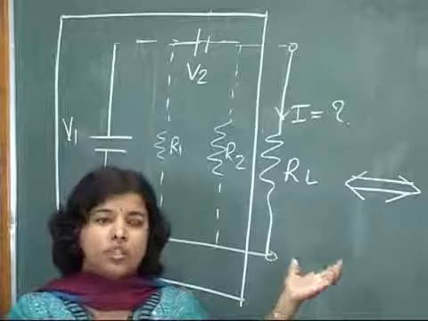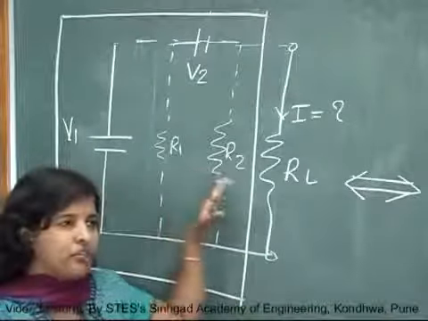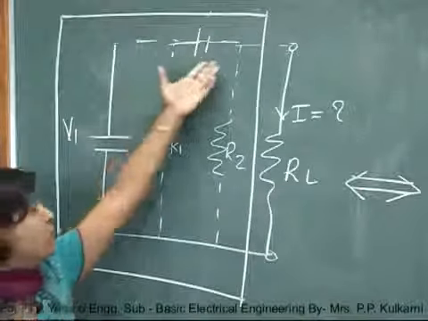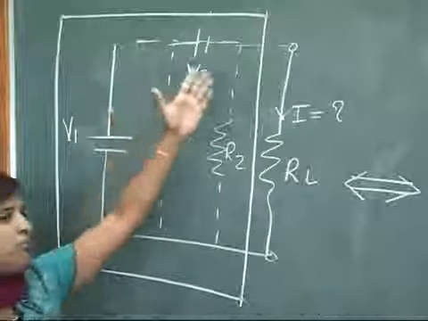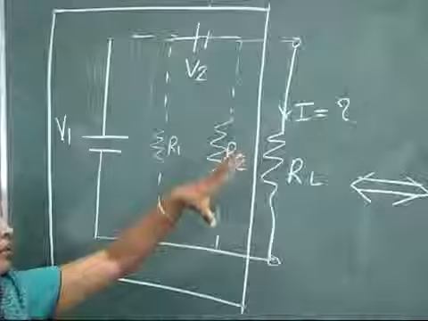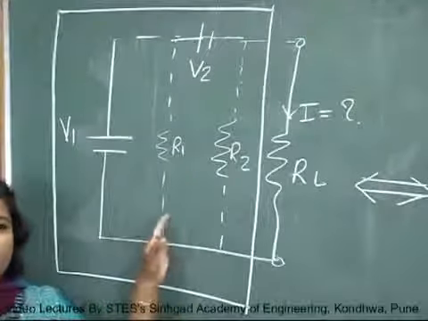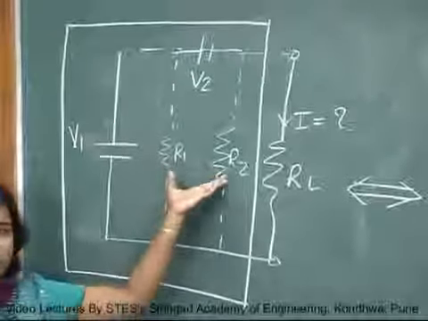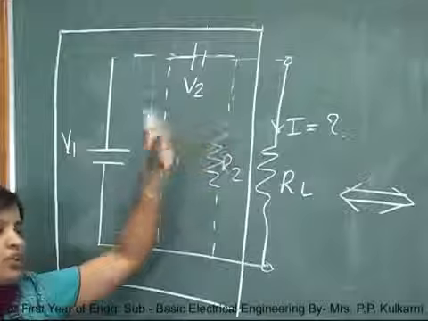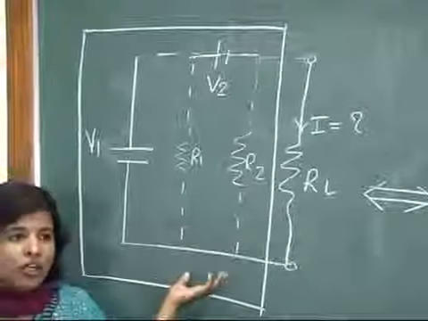Thevenin's theorem, similar to the superposition theorem, is applicable to a complicated network. What do you mean by a complicated network? A network consisting of a number of voltage sources V1, V2, V3 up to Vn, simultaneously I1, I2, I3 up to In, and a number of linear bilateral elements. What do you mean by a linear bilateral element? It is simply a resistance in this case. So if there are a number of resistances and a number of voltage and current sources, the circuit becomes a complicated circuit with a number of loops.